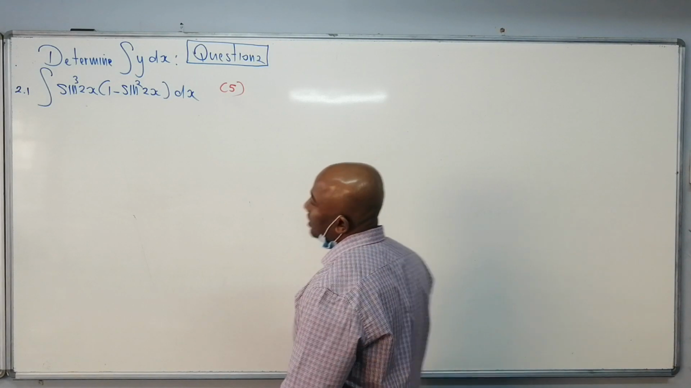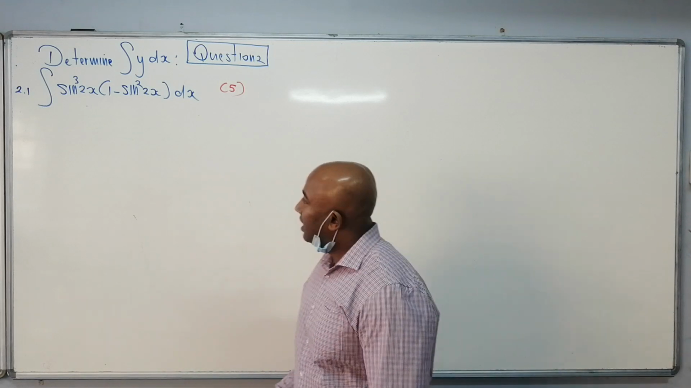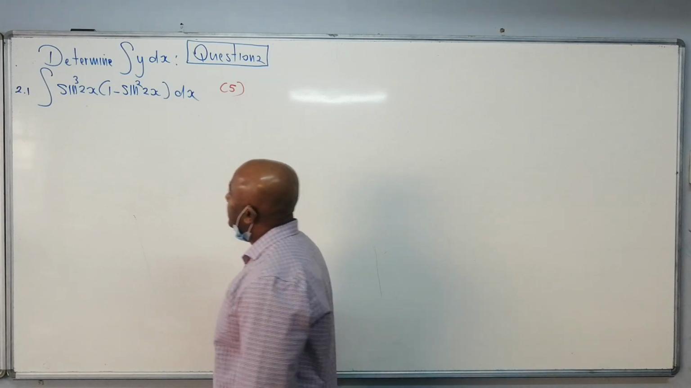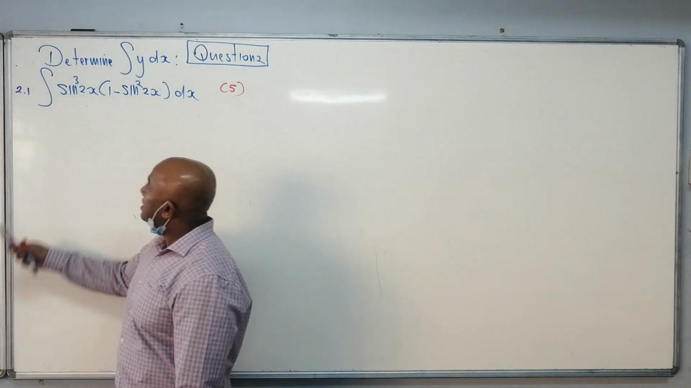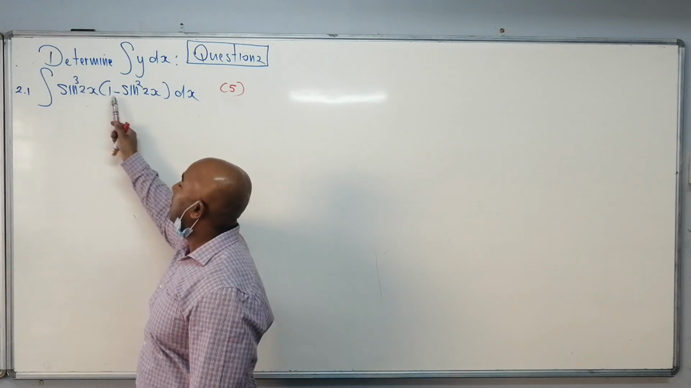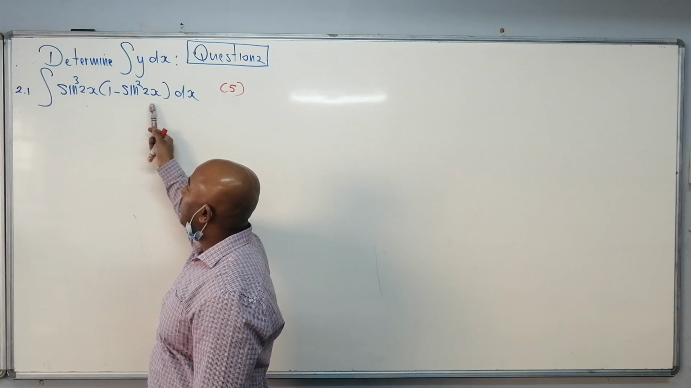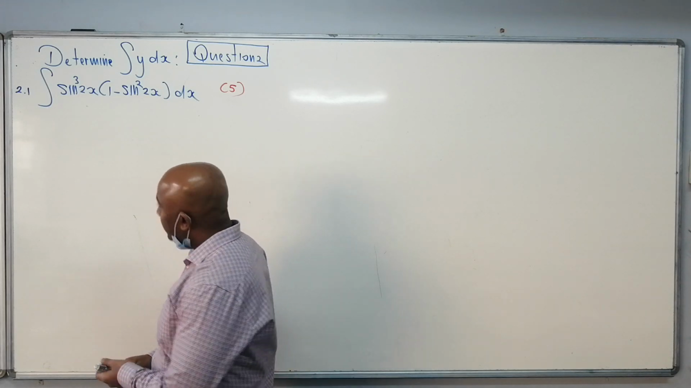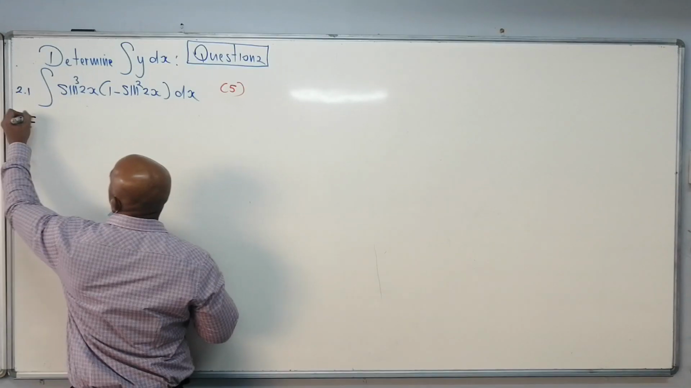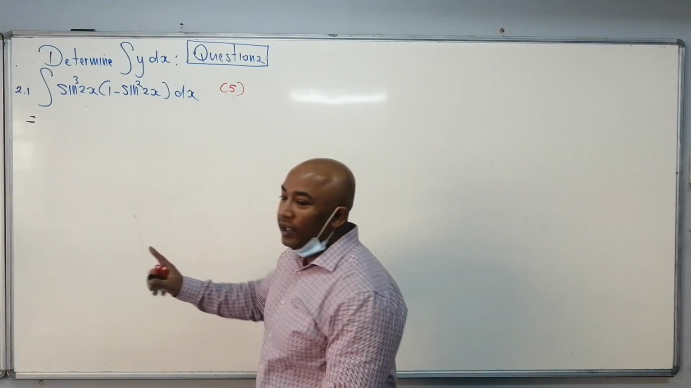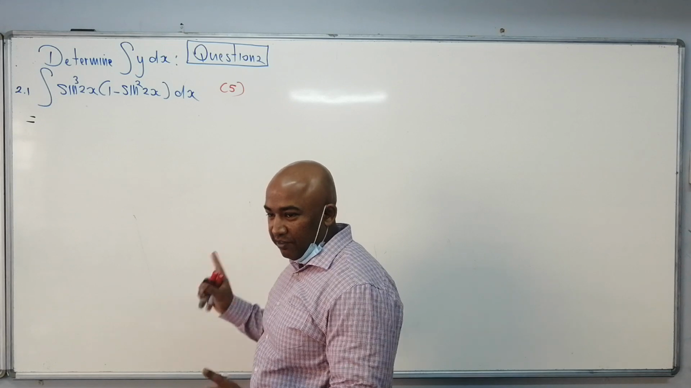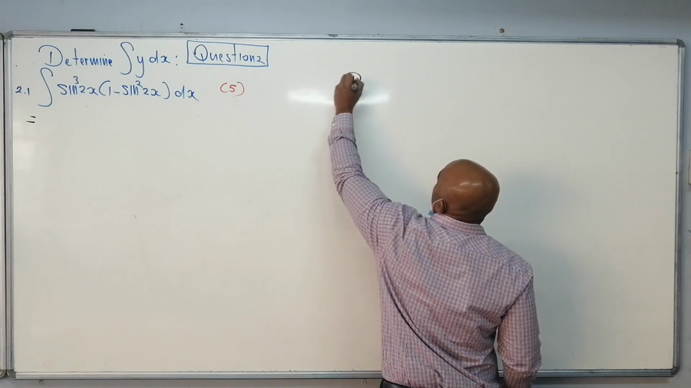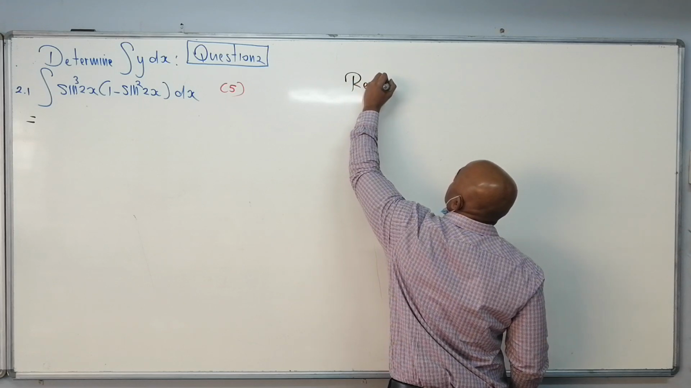Right, so now question 2, integration techniques. This is the first one that we got here. We need to integrate sine to the power 3 of 2x multiplied by 1 minus sine squared of 2x. Right, so now, what can we do here? If we remove the brackets,